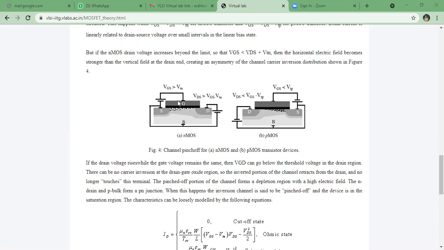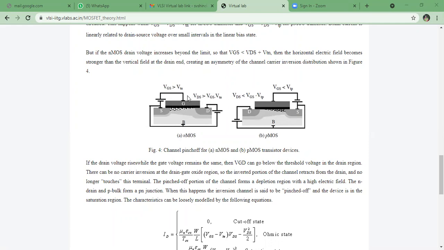But as we go on increasing the VGS voltage, the positivity of the drain is also there, and the positivity of the gate is also there. That's why a pinch off region gets created, and due to the pinch off region there will be no further increase in the current. The ultimate effect of the pinch off region is that there will be no further increase in the value of the ID current.